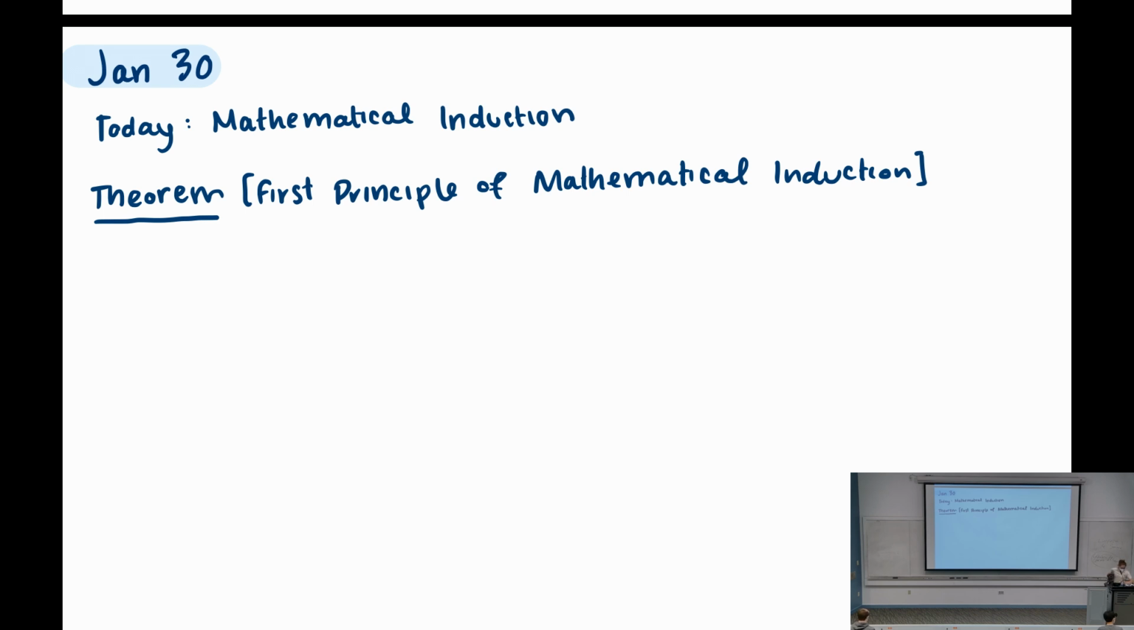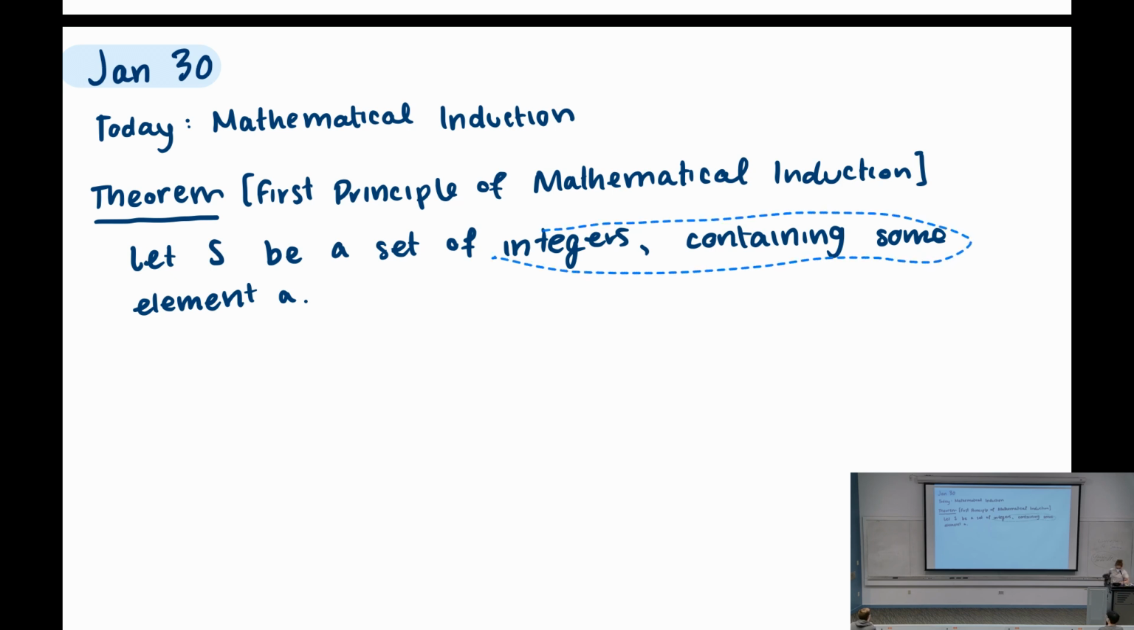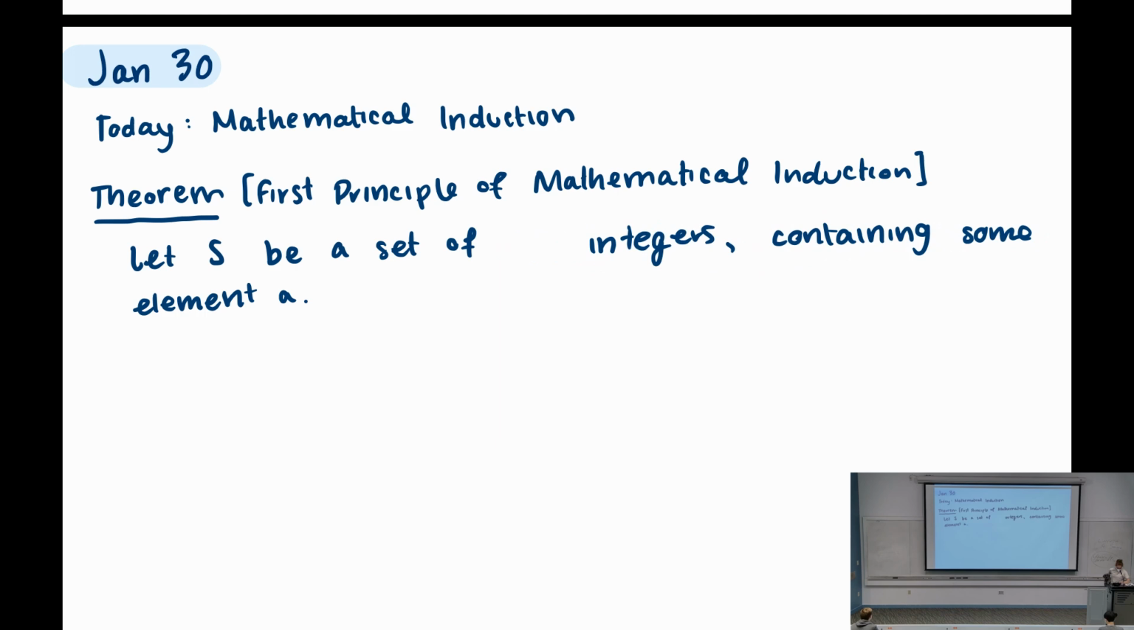Okay, so I'm going to let S be a set of integers containing some element A. And you know what, I think I want this to be a set of positive integers. Okay, so we have the set S and it contains some element A, and then we're going to suppose